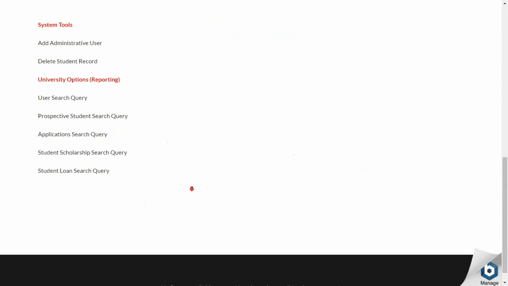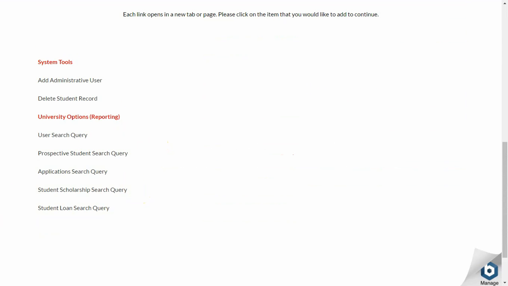Now, the user search query will allow us to pull up registered users that are in our system. We will locate those users by their primary key. The prospective student search query allows the administrative user to search the database of prospective students. The applications search query allows the administrative user, in that situation, myself, to search the pool of applicants sent into